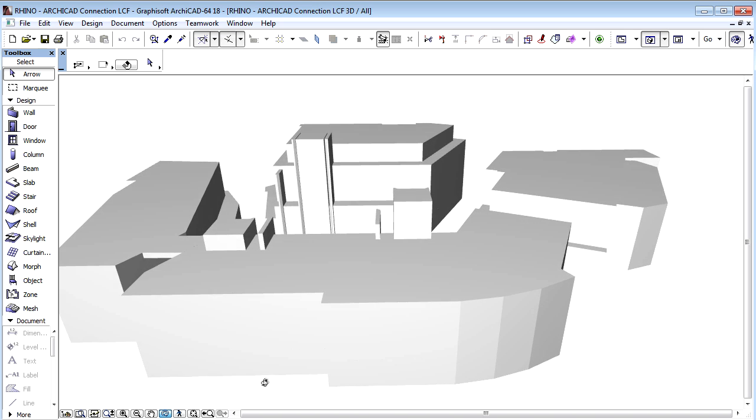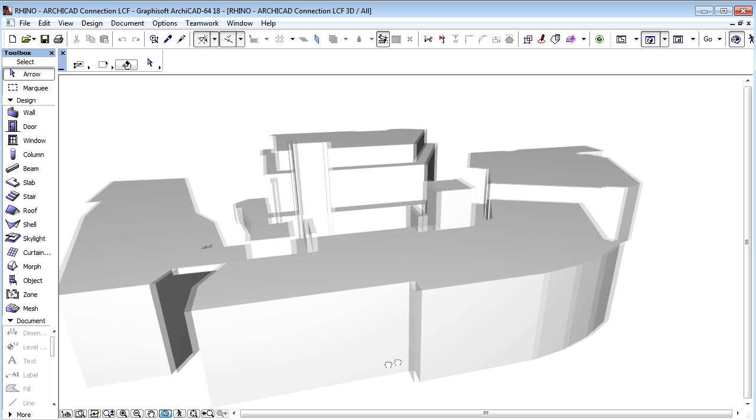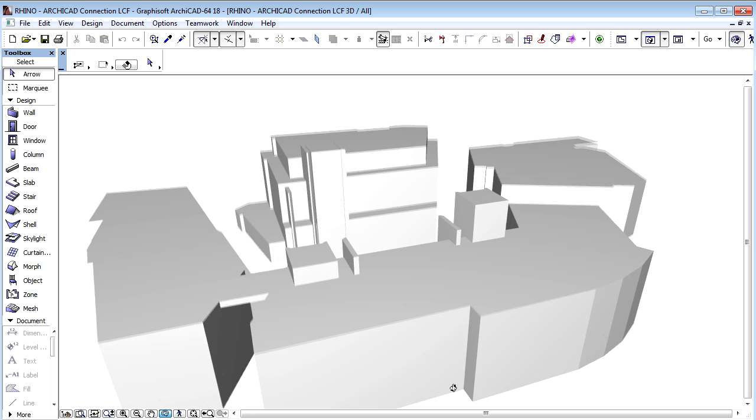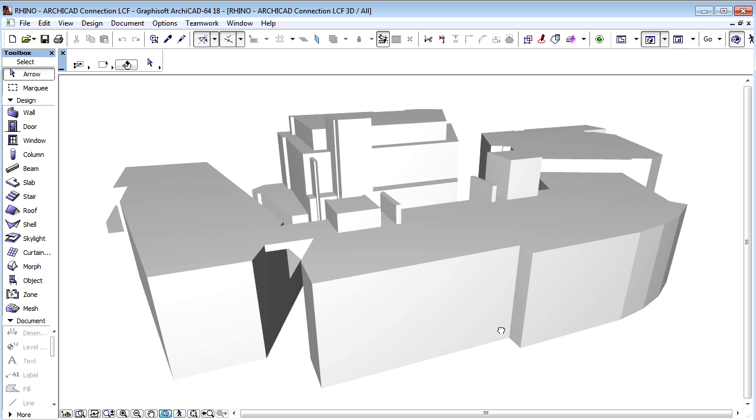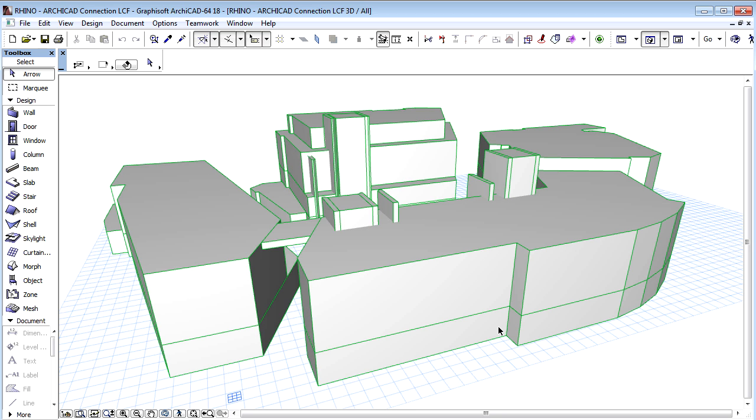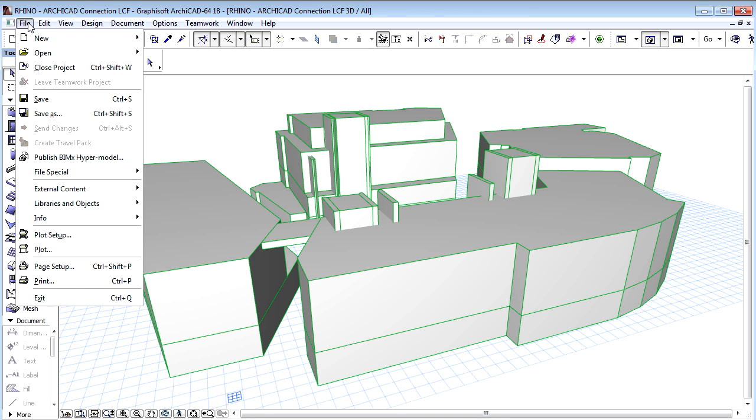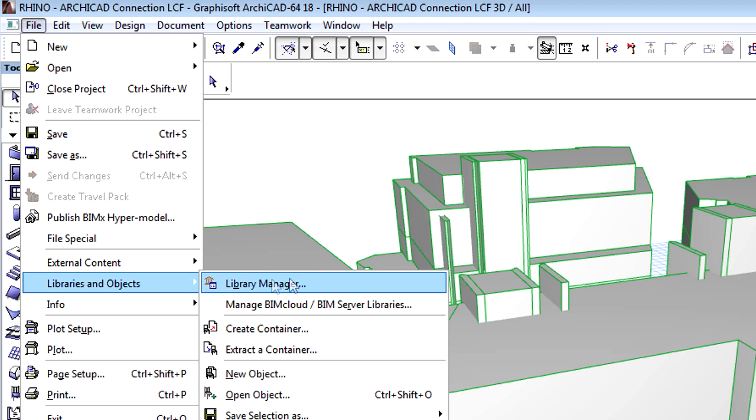Here you can see the 3D view of the buildings. We want to import the previously created roof structure over these building shapes. First, we must add the library container file to the ARCHICAD project. Select the File, Libraries and Objects, Library Manager to open the